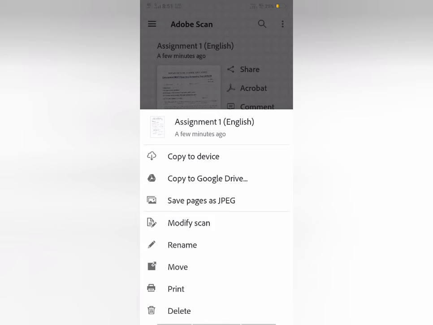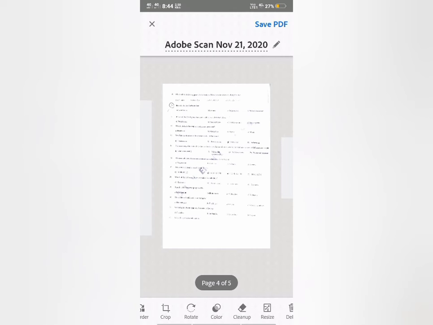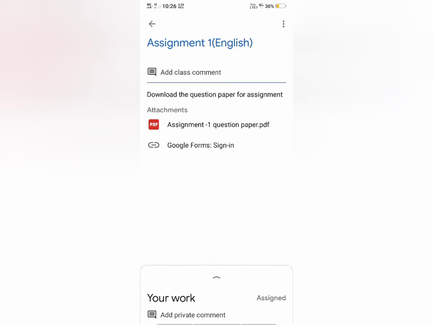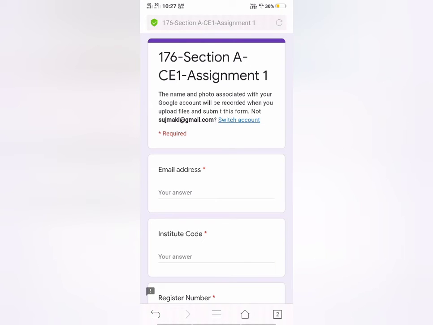Then you have to come back to Google Classroom again. Why? There you have to upload your answer sheets, the scanned PDF answer sheet in Google Form. So there you can see Google Form link, click it. Then the Google Form will appear like this.